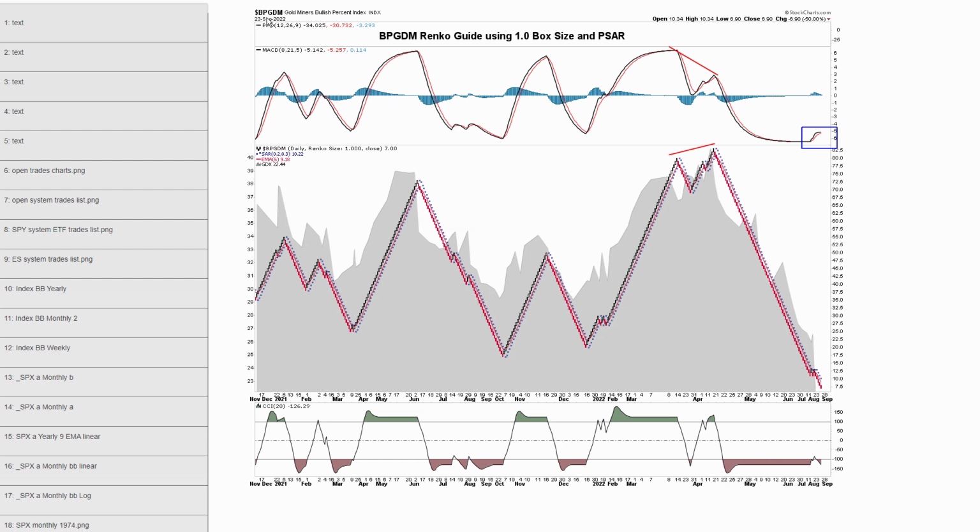Next, chart 83, the last chart. Here's the bullish percent, BPGDM. I've been showing this for a while. This also did its job. I said for a confirmed buy signal here, you needed to see the Renko confirm a buy. It never occurred. It never got over the parabolic SAR. It went on a parabolic SAR sell back here in April and has never attempted a buy.